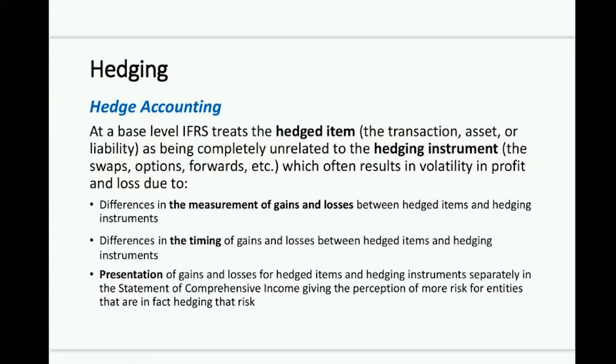But if you didn't have hedge accounting, you would certainly be exposed to volatility in your income statement, either resulting from the different ways in which you could measure gains or losses on your hedged item and your hedging instrument, or because the timing of gains or losses between those items would also be different, or lastly, could simply be that the presentation of your results would indicate volatility because it would have the gain on the hedged item, for instance, sitting in one place and the loss on the hedging instrument sitting in a different place. Whereas actually what we should be looking at is the net position of the hedged item and the hedging instrument.